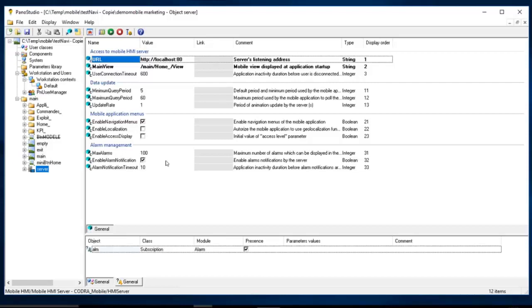Here is the alarm management part, so you don't receive all the subscribed alarms. It's limited to a number of alarms, which by default is 100. You can handle alarm notification. This is the message you receive when you are not connected to the application in the middle of the night.